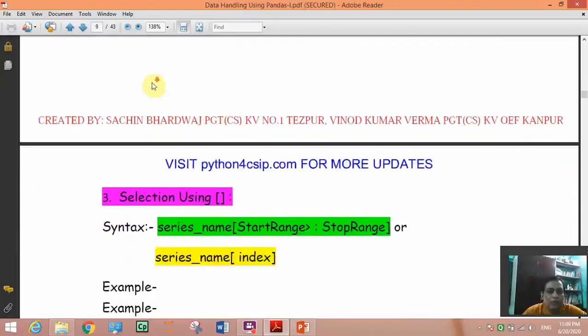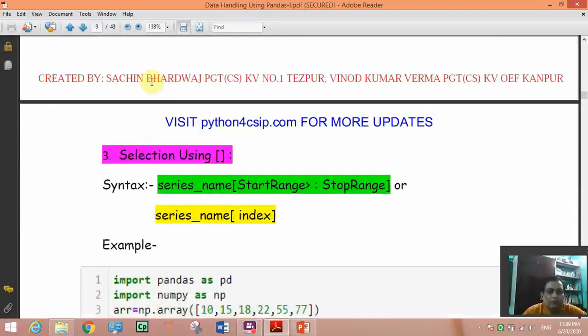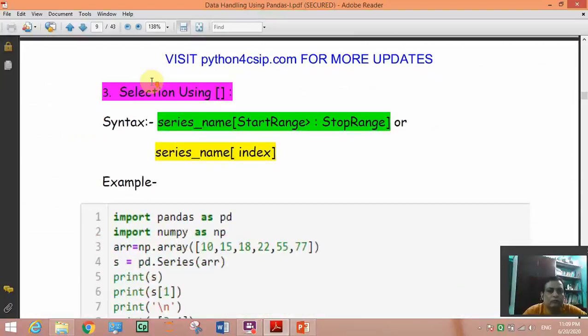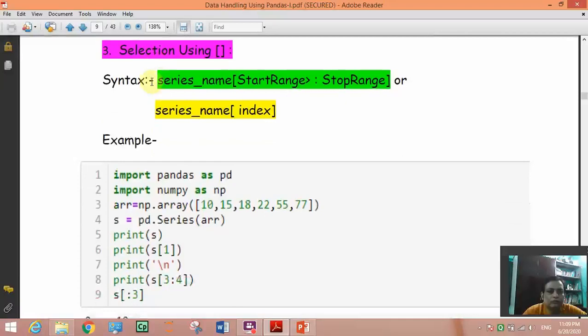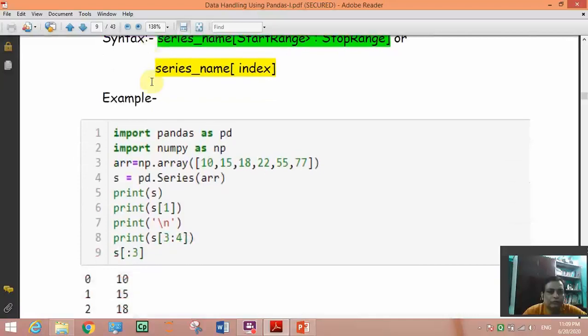Next, you can select any range from this series without using those 2 functions, LOC and ILOC.